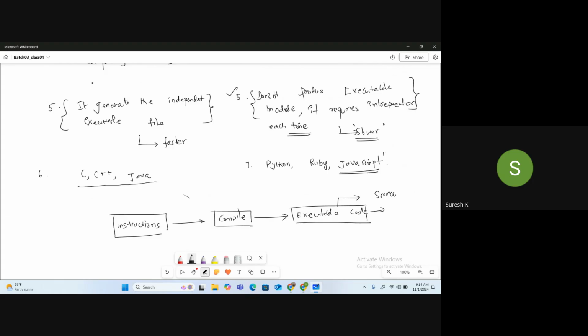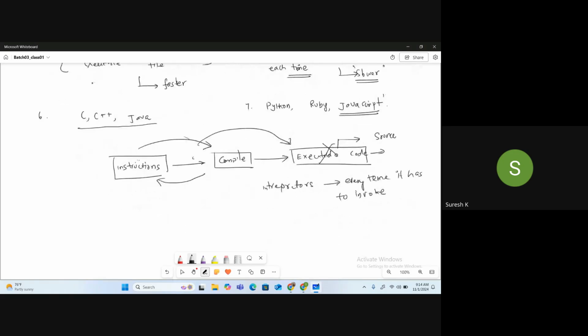You need not go again and compile it back. Whereas in interpreters, there is no executable code. The instructions need to be interpreted again and executed. Interpreters have to be invoked every time. Whereas compilers, once compiled, have the executable module.